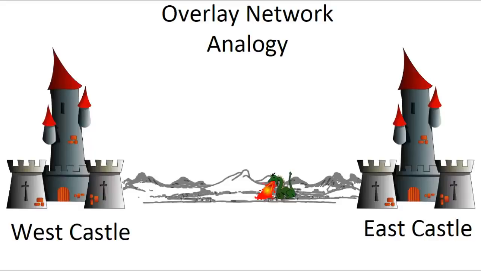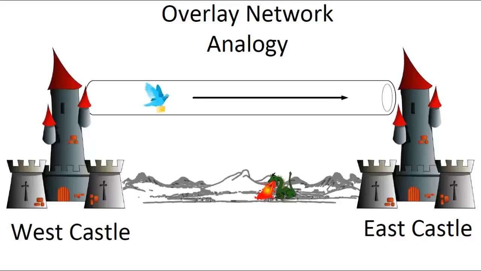Perhaps these kings have access to messenger pigeons. So King West writes his message, folds it up, puts it in an envelope, and ties it to a pigeon. The pigeon flies over the land to the east castle. At the east castle, King East gets this envelope from the pigeon, opens it up, and reads it. You could visualize this as though there is a virtual link between King West and King East. The key for their communication is they have this transport mechanism, a pigeon that can fly over the land, carrying